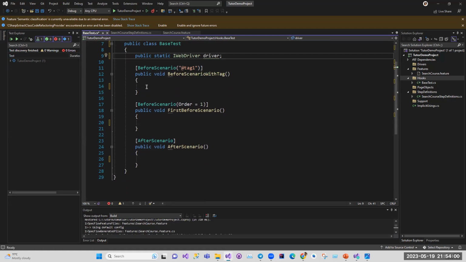This is our before scenario. You can see in the screenshot that I showed you before, we have before and after scenario. I think it was in a previous class. Before scenario is what happens before the test run, and after scenario is what happens after the test run. So in our before scenario, we can have driver